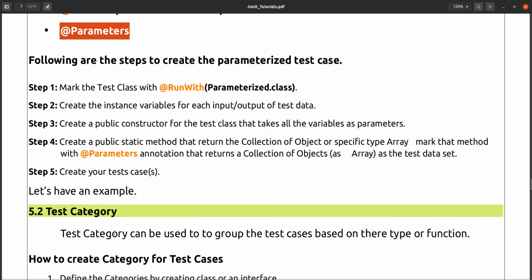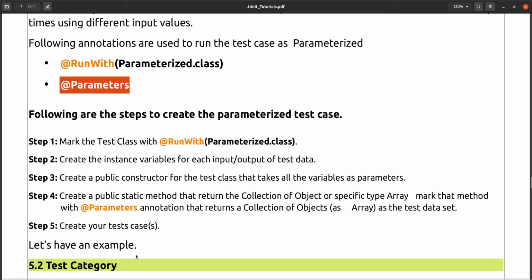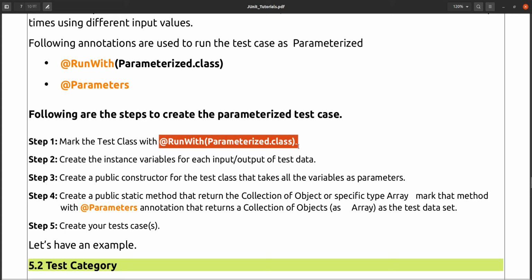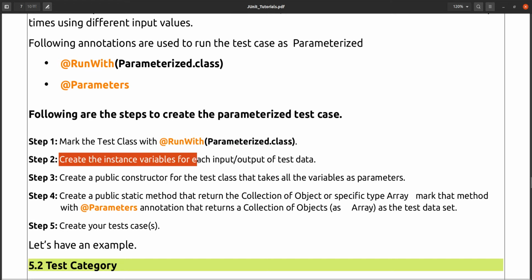So here are the steps that we have to use. The first one is to mark the test class with the @RunWith(Parameterized.class) annotation. First we have to mark our test class with this annotation. Second, create an instance variable for each input and output of the test data.